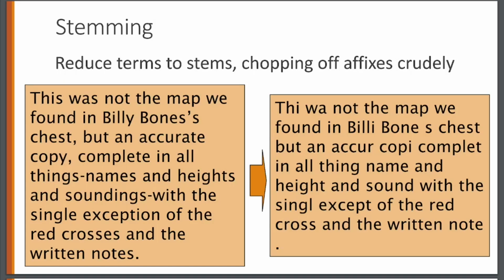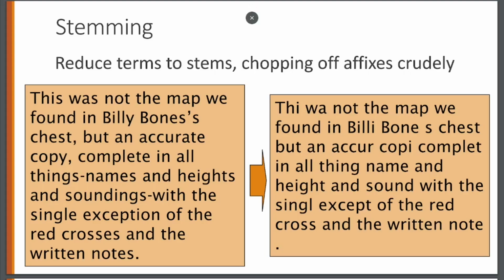And when we're doing that, we do need to consider that morphemes are meaning-bearing units of language. If we remove them, we're altering the meaning of a word. So stemming is kind of a destructive process. If we're going to stem, we're going to change the meaning of a sentence. So if we start with this sentence on the left, this was not the map we found in Billy Bones' chest, and so on and so forth,